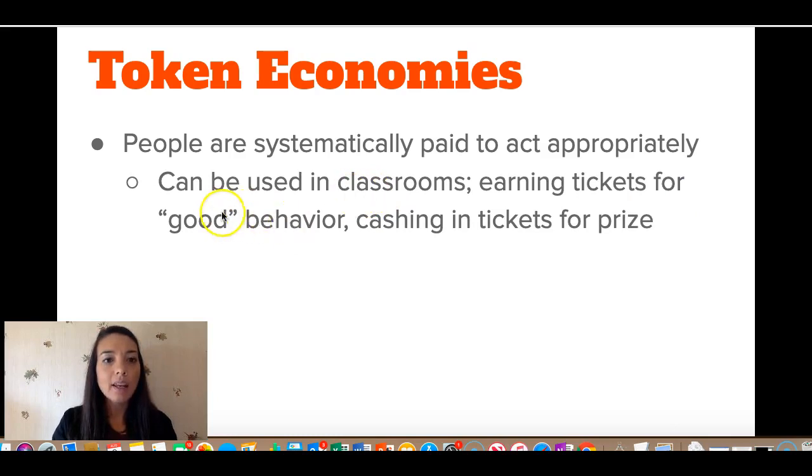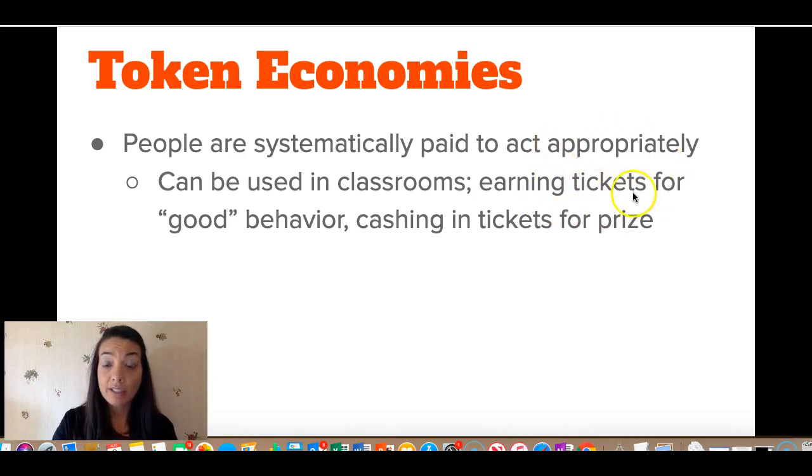Okay, so I said here that token economies can be used in classrooms. So think back to your elementary school days. If you were in the traditional classroom, you might have been part of these behavior modification plans that used token economies.